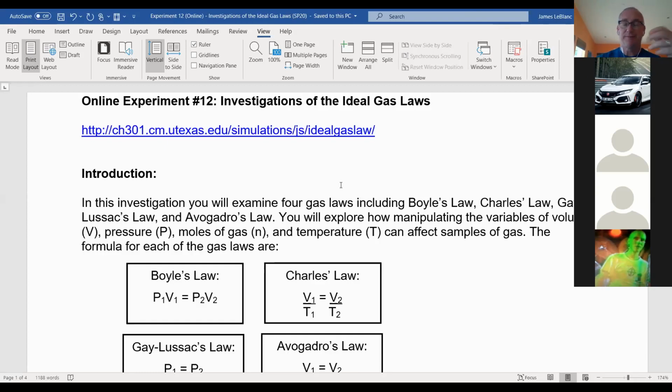is doing, well, hands-on as best we can, investigations of the gas laws. You'll basically see